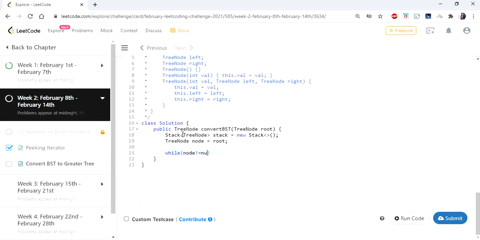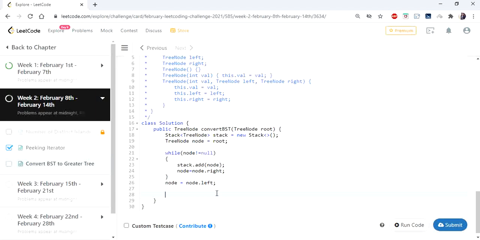While node is not equal to null, stack.add(node) and node equals node.right. So once we have traversed all the right nodes, we are going to traverse our left node. And finally, we are going to return root.